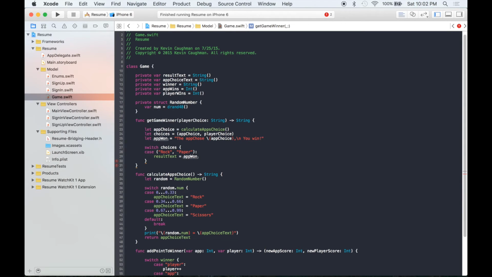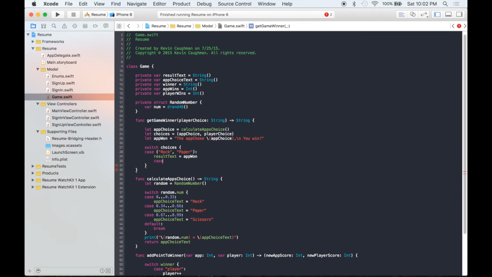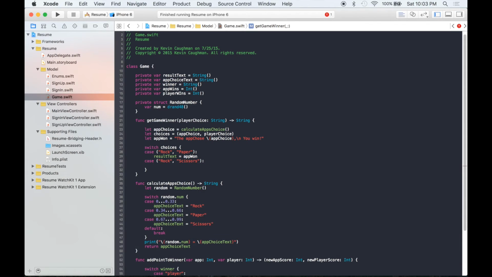So let's go down to our next case, and for this one we are going to say rock, comma, scissors, colon,